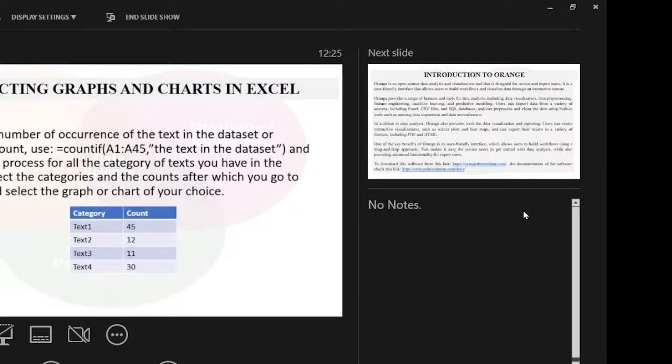So that we see text 1. And then I apply that. So I assume that I have this number to be 45 for text 1, for applied science, and then maybe for the next one, which is about medical study, to be 12, education to be 11, and then engineering to be 13. So those will be the 4 categories of my data set. With this, I can now use these 4